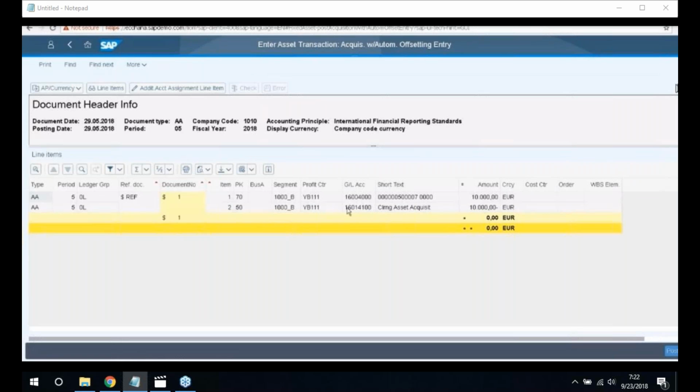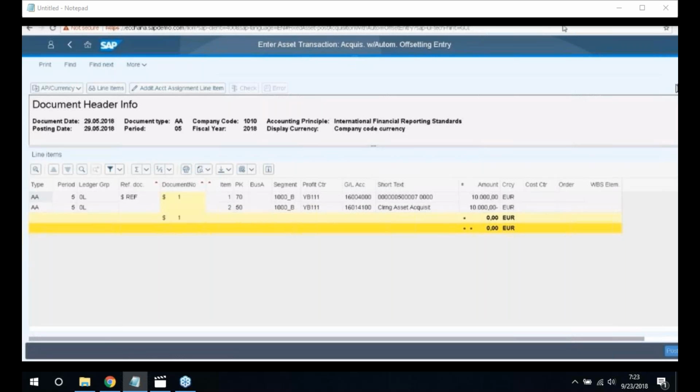We have created this technical clearing account as the account reconciliation account in our chart of accounts, to read the relevant company codes,